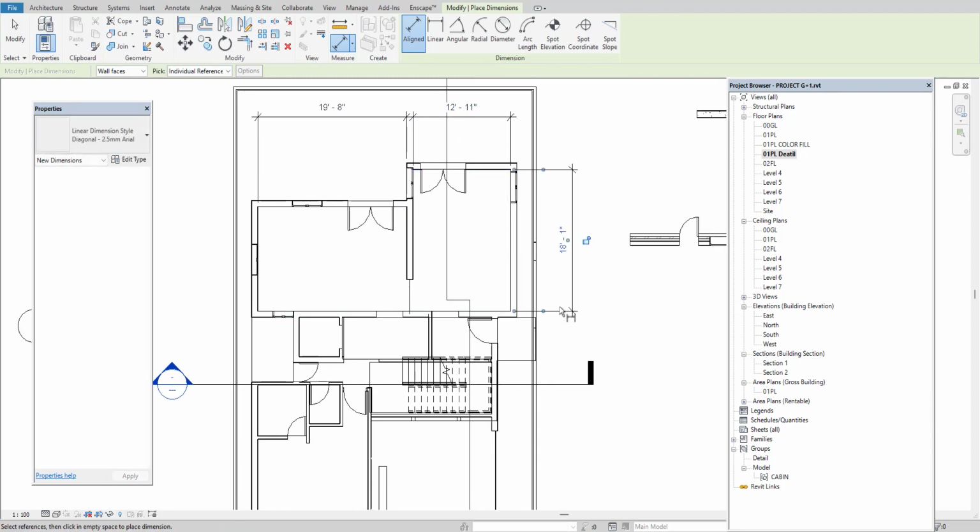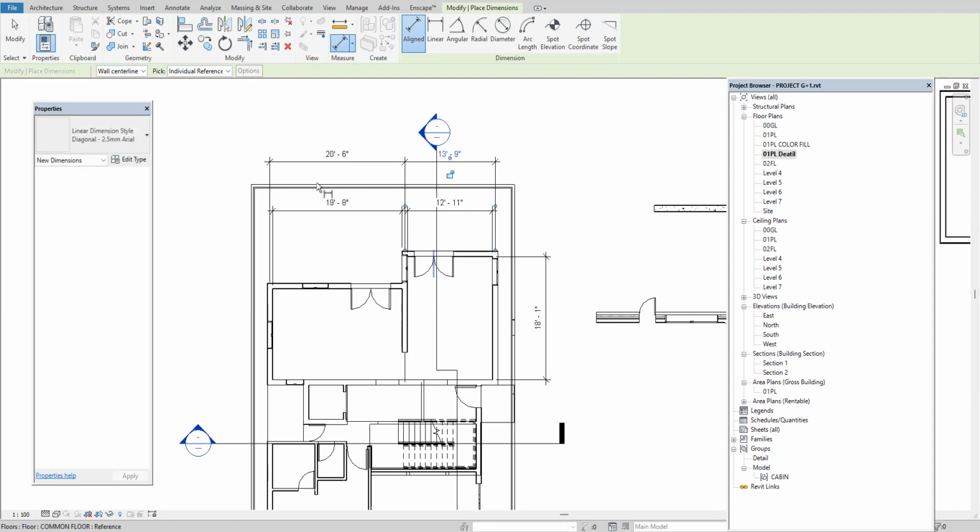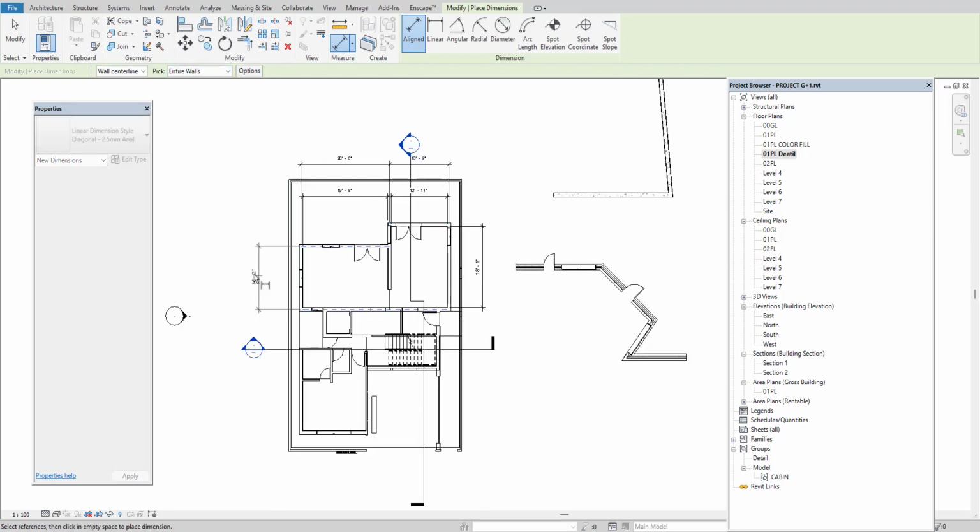Or else you can go with the center line option. In order to show the dimensions from the center line, you can go with the center line method like this. Next we have the pick option as an individual reference. If you want to pick the first and second, you can go with the individual reference, or else you can click on the entire wall in a single click, and then you can give the detailing. While giving the detailing, you should be in the same alignment